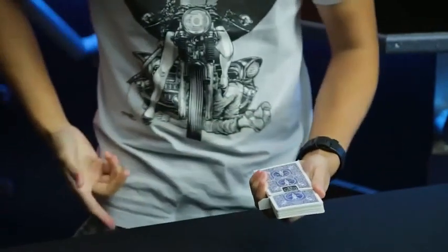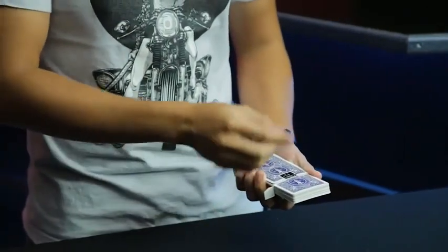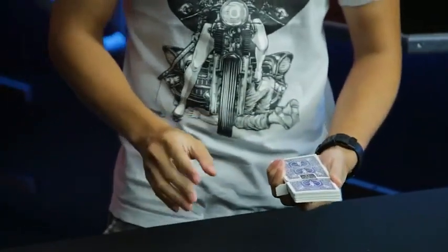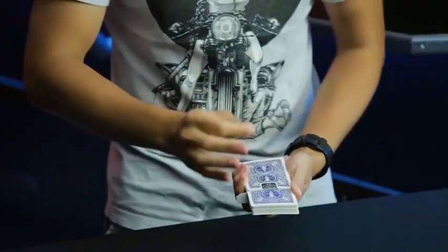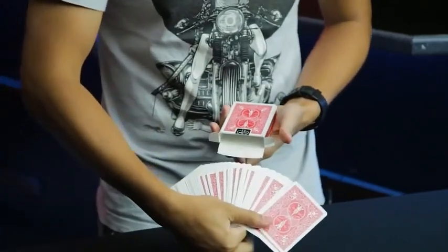This color doesn't match my shoes. Maybe you're already wearing red shoes, or you see your spectator is wearing red, and you say, all right, let's try something. Actually, you're wearing a really nice color over there. Let me just take that red over there, and then you can throw it, and then do the change on